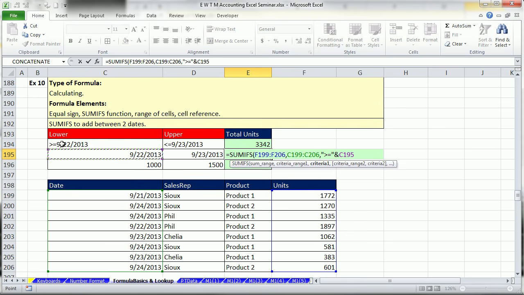So up here, SUMIFS properly interpreted this text. Here it will properly interpret the serial number joined to the text. Now, watch this. Here's a great trick. If you have a certain